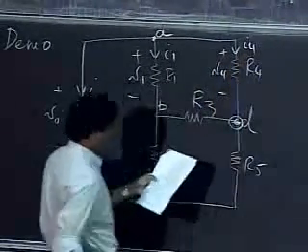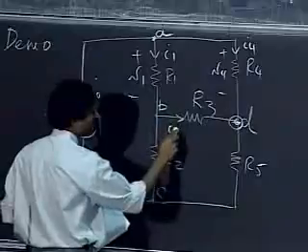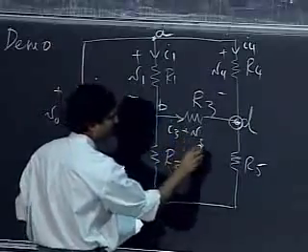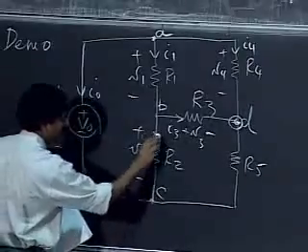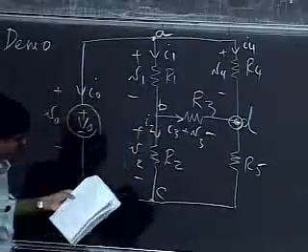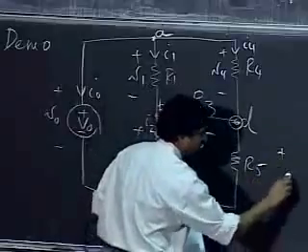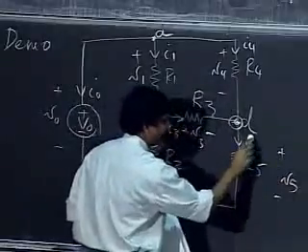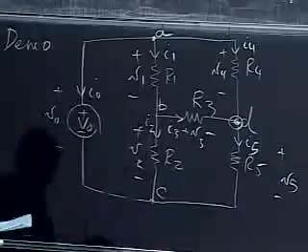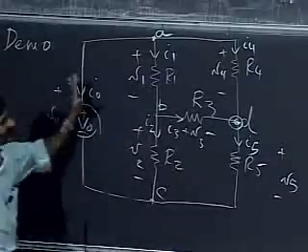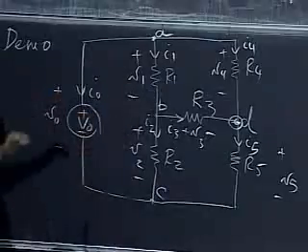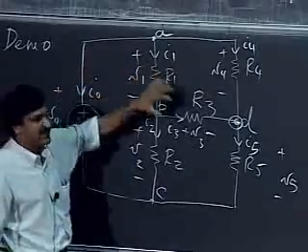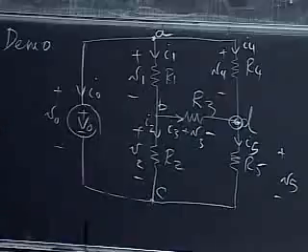V4, I4, I3, V3 here, and V2 and I2, V5 and I5. I think that's it. So I've gone ahead and labeled all my unknowns. Each of these voltages and currents are the voltages and currents associated with each of the elements, and my goal is to solve for these.